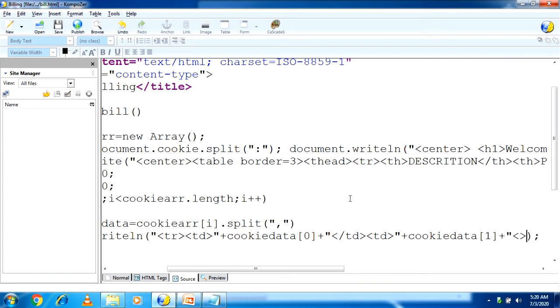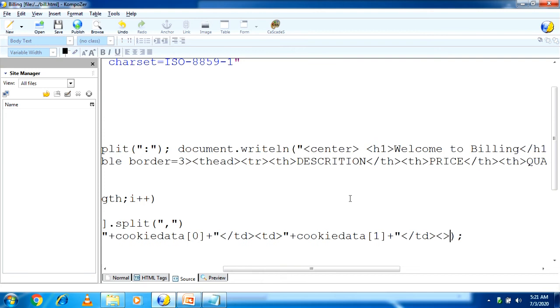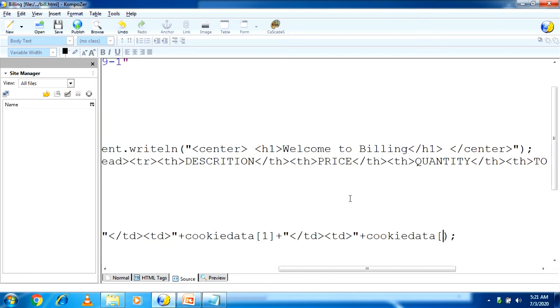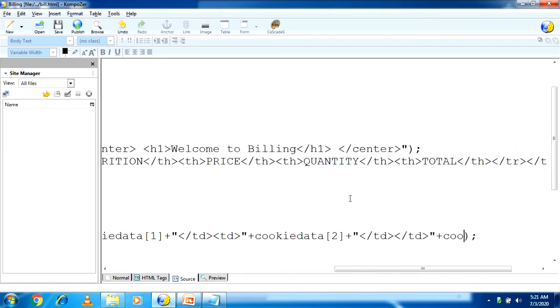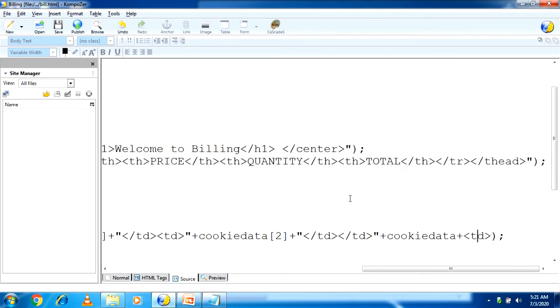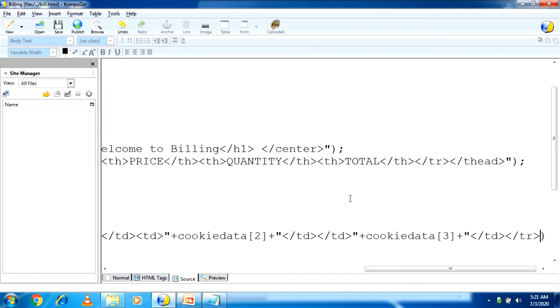plus double quote, td tag close, td tag open again, double quote complete, plus cookieData[2], again plus double quote open, td tag close, td tag open, after that again double quote complete plus cookieData, plus td tag open, cookieData[3], td tag close here, and finally we have to close the tr tag and double quote complete.